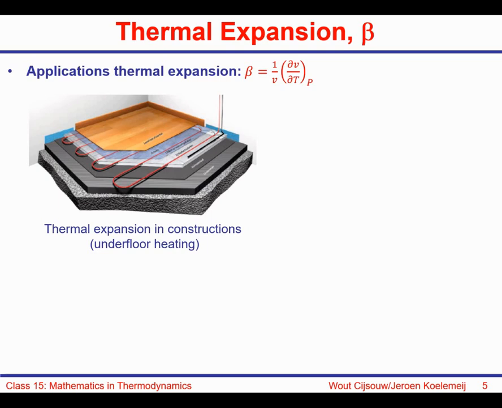It can be a wooden floor even, and then you have this heating system, and typically some concrete at the bottom, and you don't want things to get squeezed in between heater elements that are expanding and make your floor buckle. So you have to design it carefully such that it can handle all the deformations and